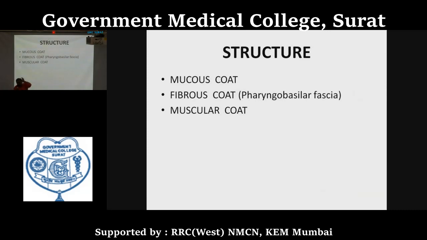The first site, that I showed above, is the uppermost part where the muscular coat is not there. At this site the fibrous coat is thickened. The second is the posterior median aspect, known as the pharyngeal raphe. Here also it is thickened, and this provides insertion to the pharyngeal constrictors. Now come to the third coat, the muscular coat.